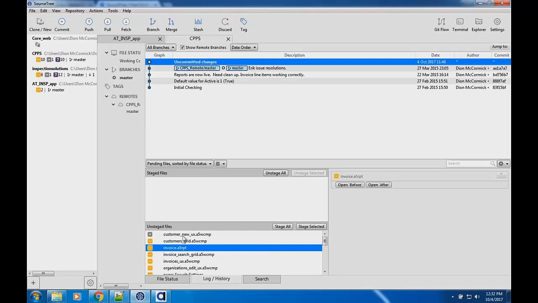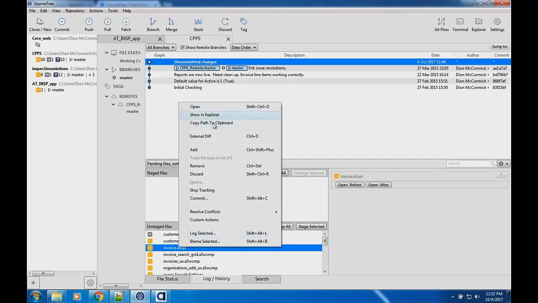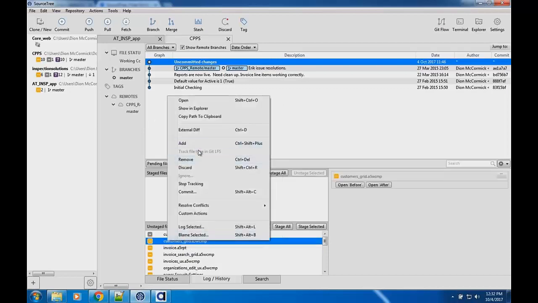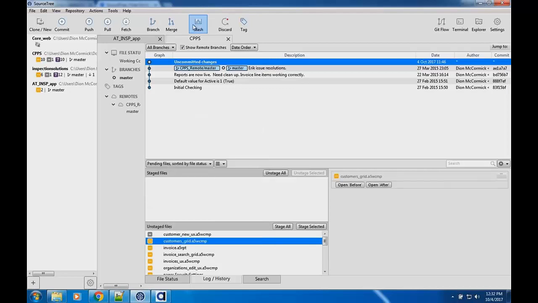But also, when you do that, you can do some cool tricks. You can, what's called stash. I've got this button up here called stash, and I'm not going to spend much more time on it, but I want to explain some of the concepts.